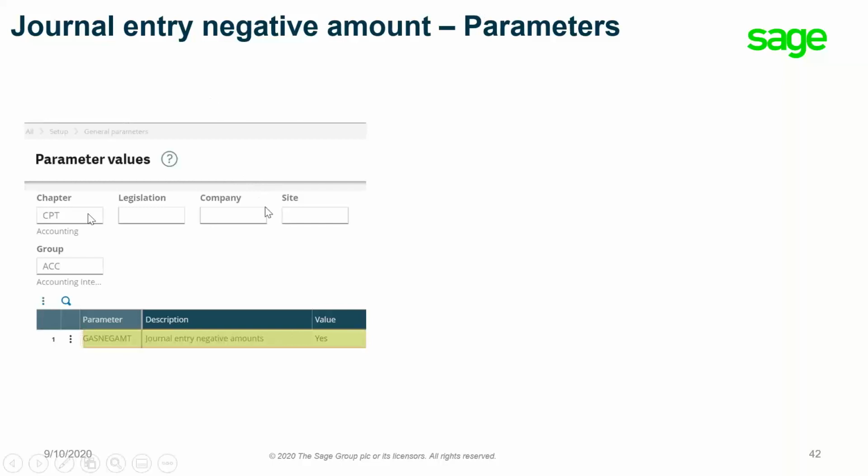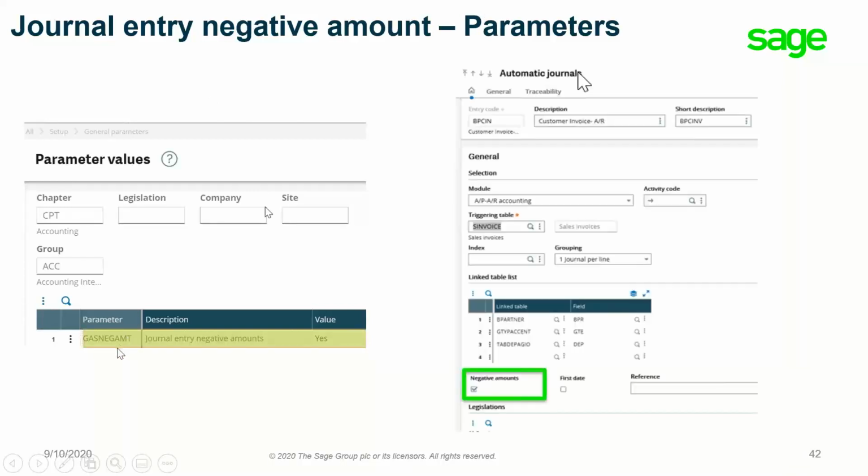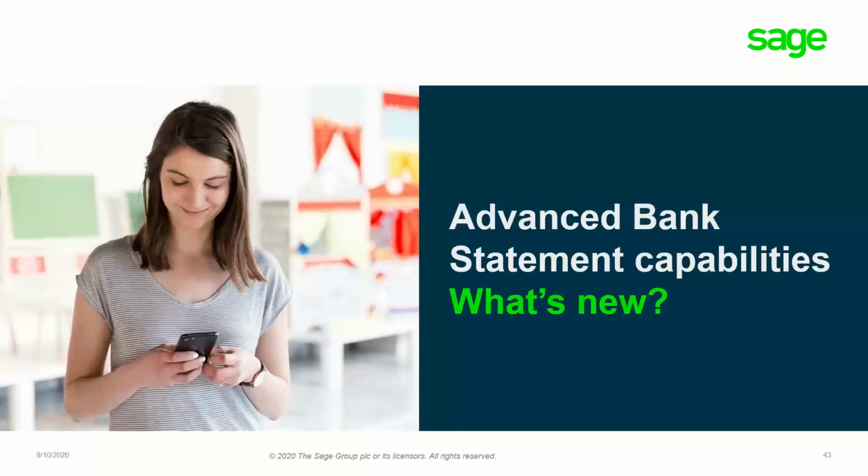So in terms of the parameters, this is the parameters. I'm not going to detail here. And also at the automatic journal, you have this new option, which is negative amount to tick. Okay. Now,